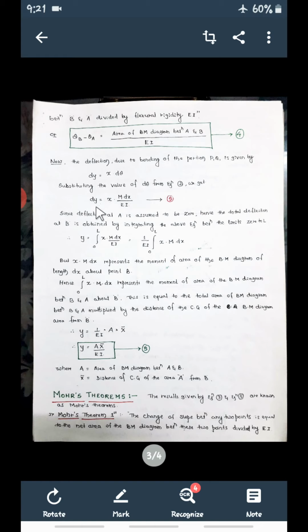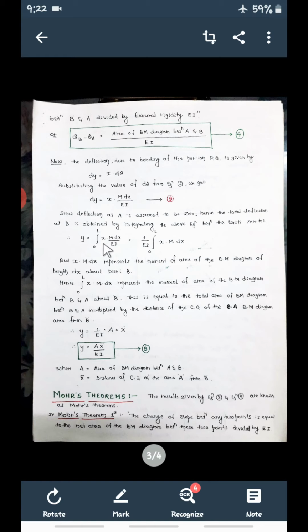Now if you integrate this dy, we get y, the total deflection at B. So y is equal to the integration from 0 to L of x m dx by EI, that is equal to, taking 1 by EI outside,